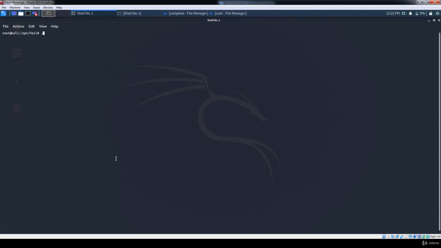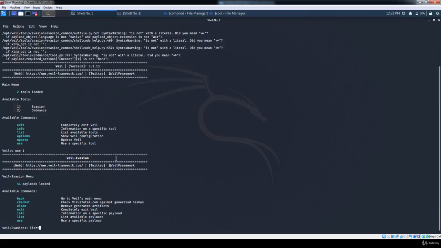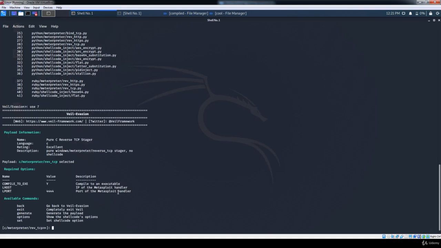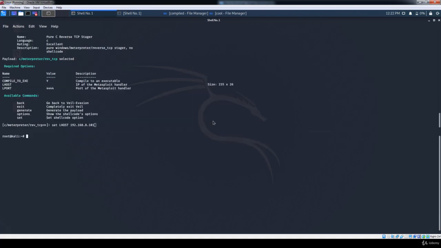So if we go to Veil, as we have seen before, this time I'm gonna choose a different protocol. Let's use 7, reverse TCP. Then we just need here to put the LHOST and LPORT. So the LHOST is my Kali machine IP, and we can make sure from here